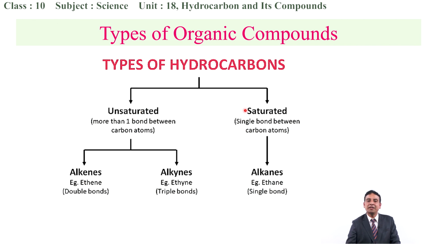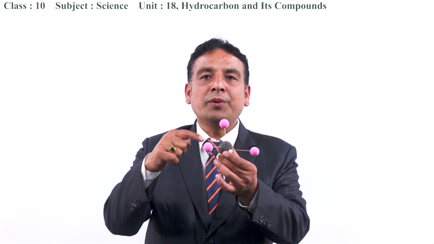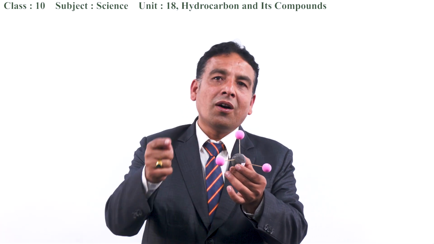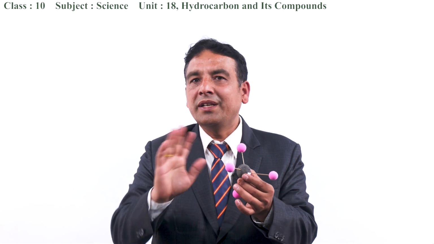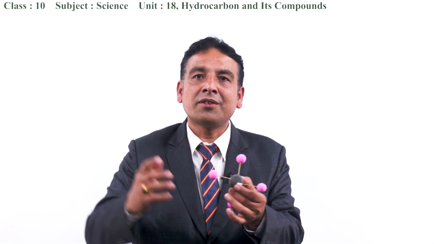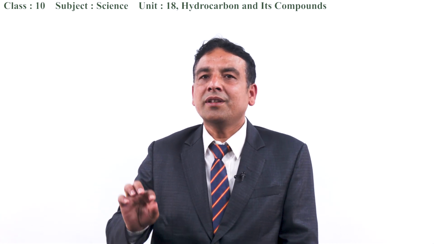Saturated in the sense that no more addition of other species is possible. That means I have already shown you that in this structure you can find altogether 4 electrons in the valence shell of the carbon atom. So out of these 4 electrons, all are occupied to share with the hydrogen atoms. No more possibility is there to add other species, that means other hydrogen atoms or any other halogen atoms and so on. So this type of hydrocarbons in which there is no possibility to add other species,